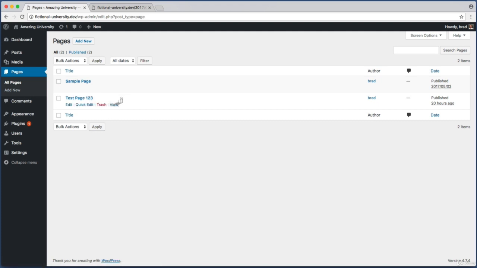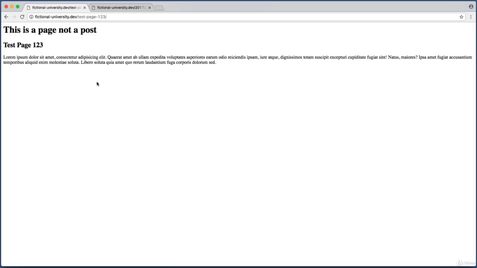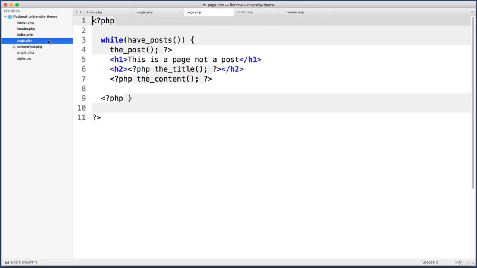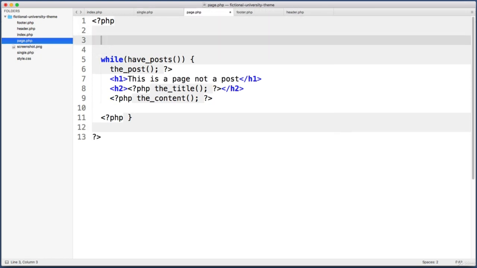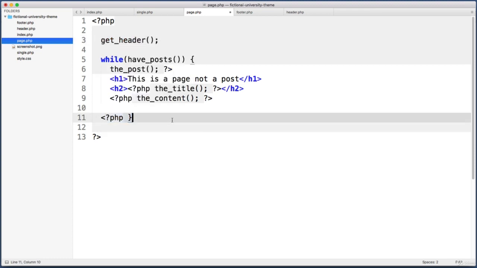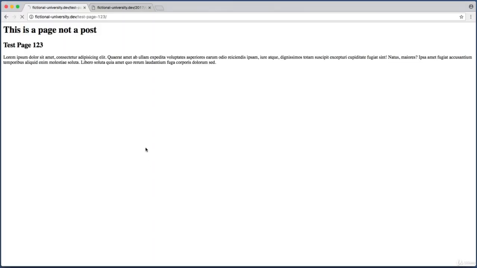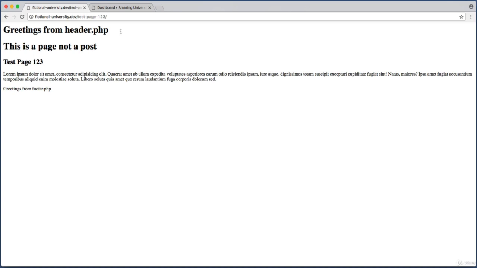And if I use this view link here to preview it, this screen is powered by page.php. So let's go ahead and jump into our text editor and hop into page.php. And let's pull in our global header and footer. So get header, and down here below the curly bracket, get footer. Cool. So now whenever we update header.php or footer.php, we can rest assured that our entire website globally will be